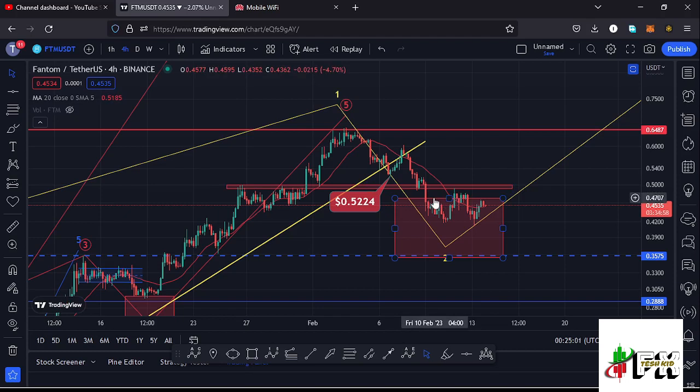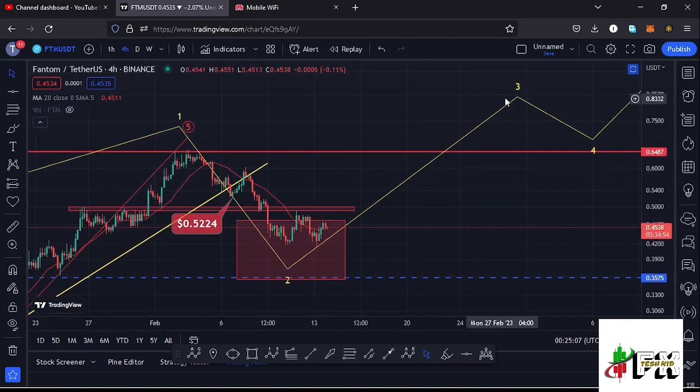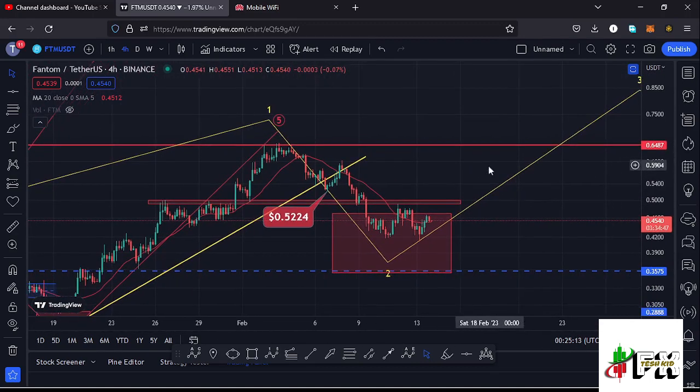And once the low for that second wave is in, then we can expect another massive bounce to the upside in the formation of this wave 3. And in the formation of that wave 2, which is a corrective wave, I'm also expecting to see an ABC corrective structure play out. And I believe we are seeing such a structure right here, where we can term this as the wave A. Then we have seen that wave B making its peak at around the